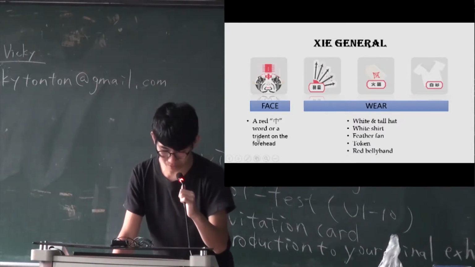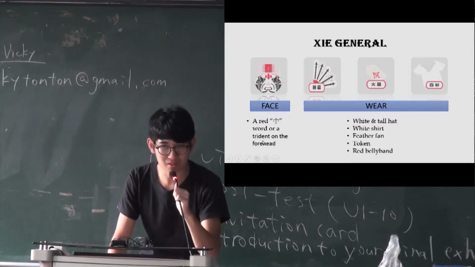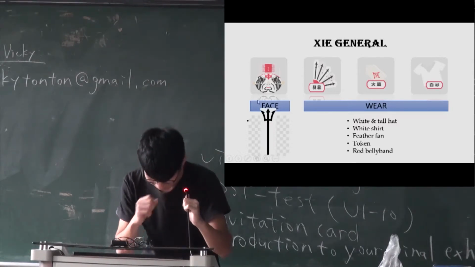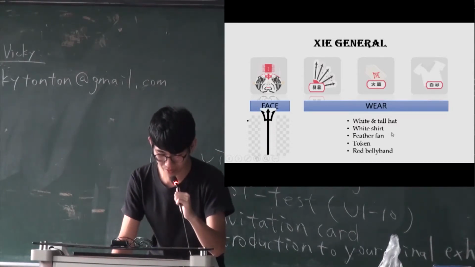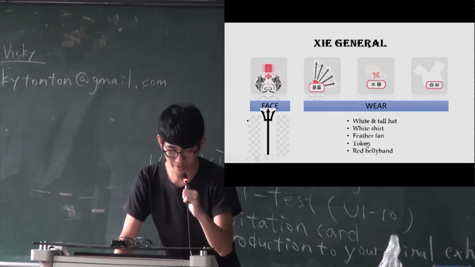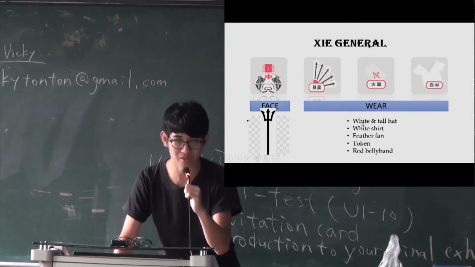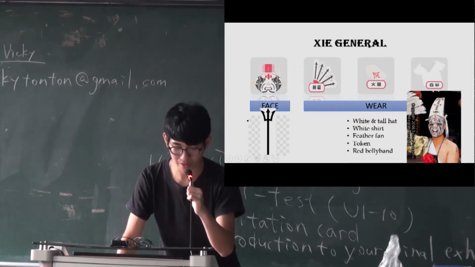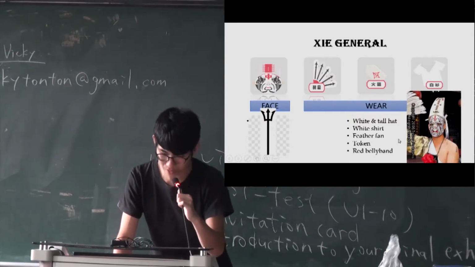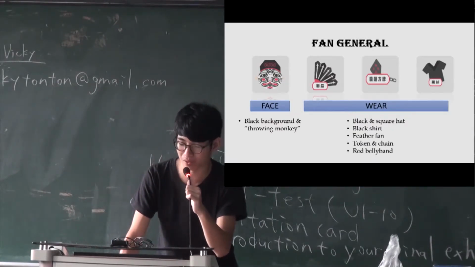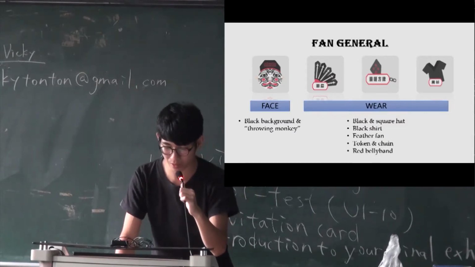Third is Xie General. His name is Bi Xie. He is also known as Seven Grandfather, 就是七爷的意思。And his job is catching the ghost and the devil. There is a red word, 钟 or a trident on the forehead. Trident 就是三叉戟，maybe 是钟 or a trident. And he wears white and tall hats, white shirt, feather fan, token 就是刚讲过的令牌，然后 red belly band 就是红肚兜，对，就是长这样。